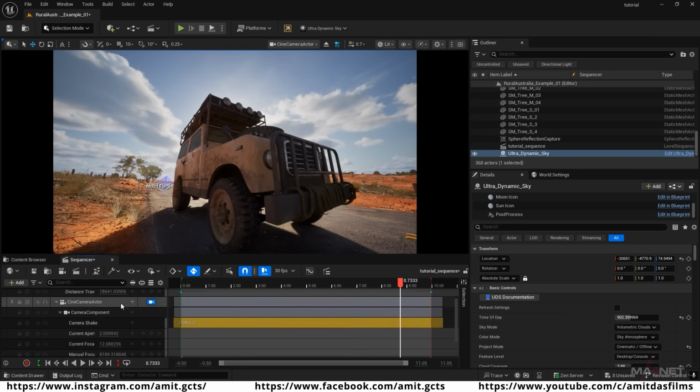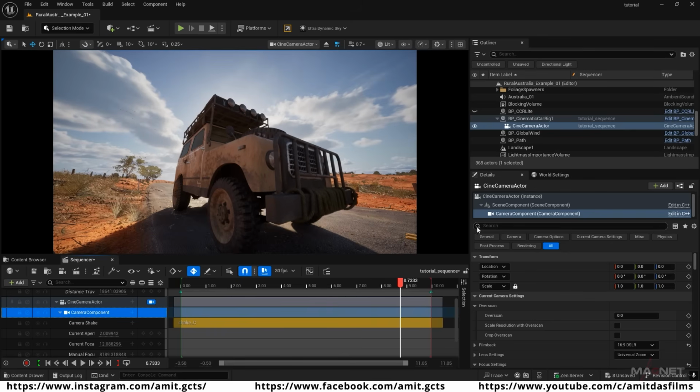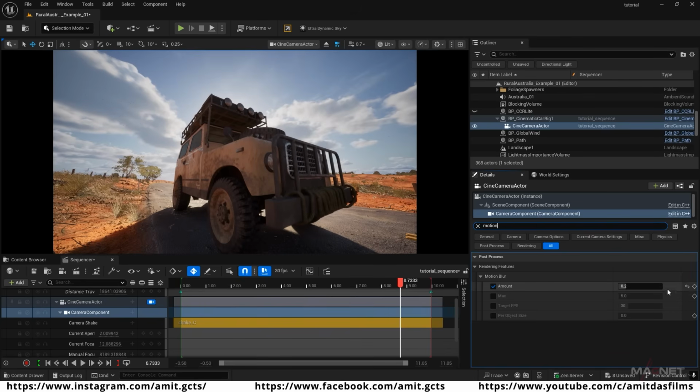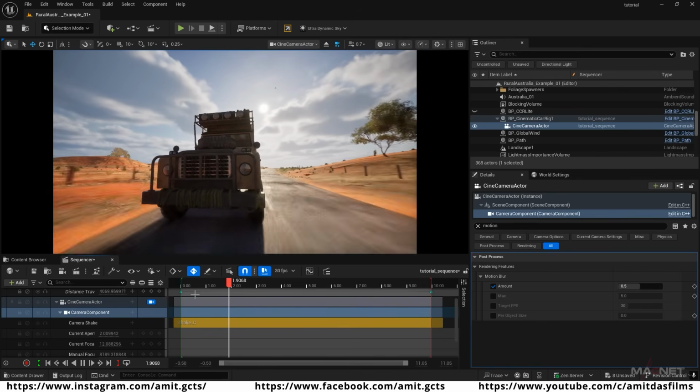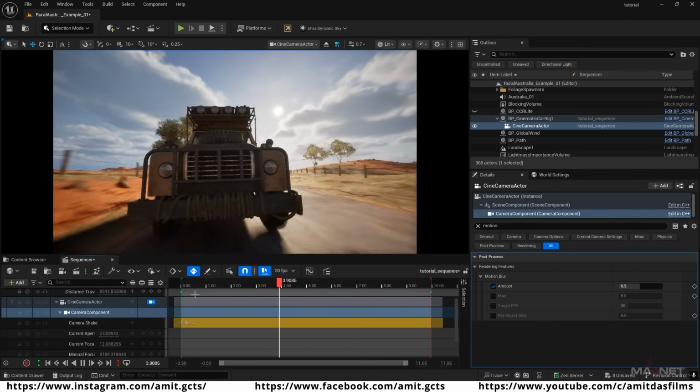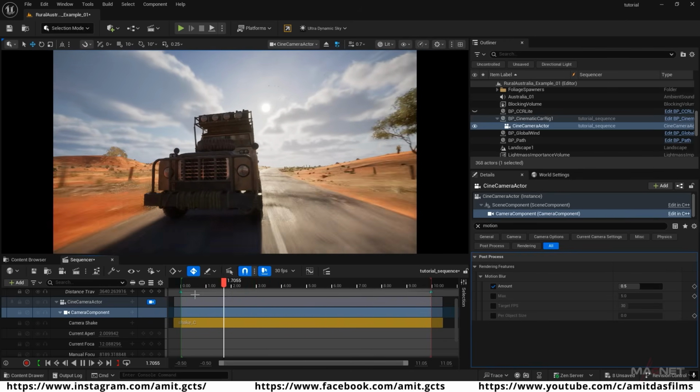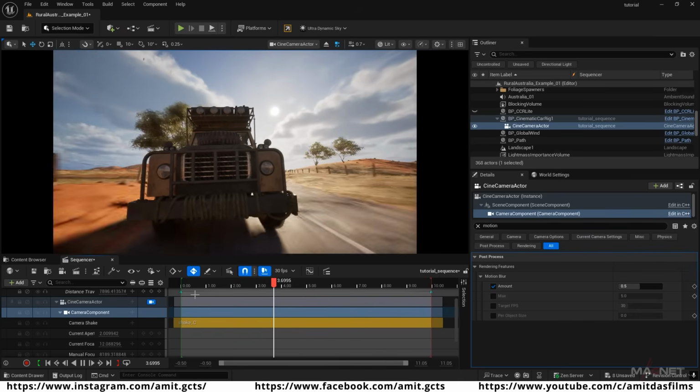And also we go to this camera component, and we go to the details panel and go to the motion blur section, and we're going to reset the amount here. Okay, so finally we can make this kind of shot here,